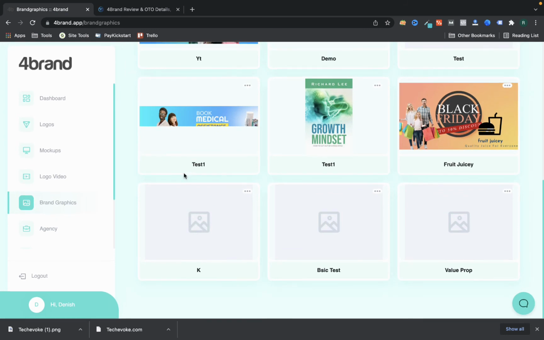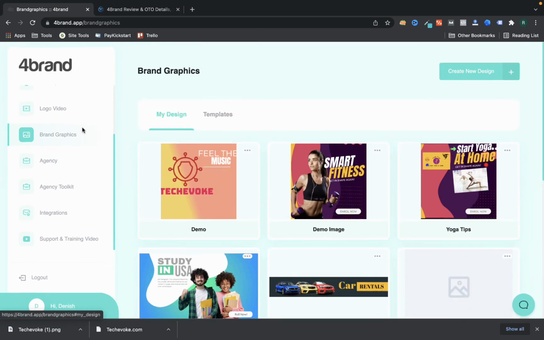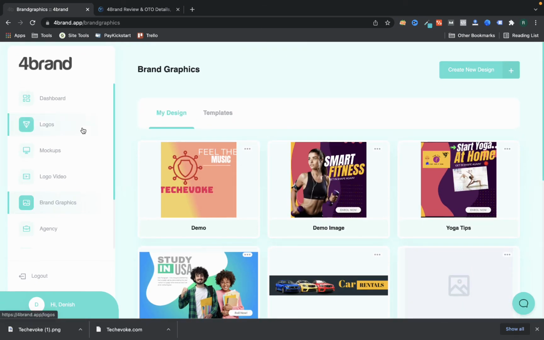And now, as you can see, my wording for this particular software will be, if you have clients, or if you want clients for graphic designing, and you want to work less, or you don't want to hire a designer, you can go with this particular software.